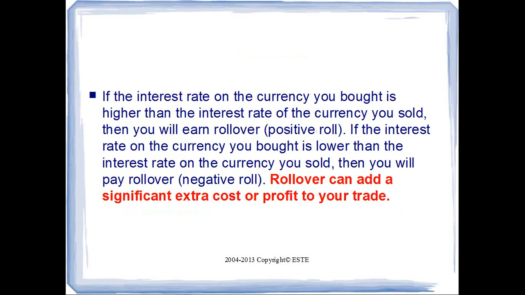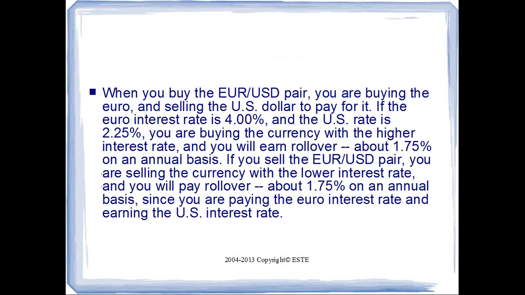Accordingly, as each currency has an interest rate associated with it, each position is debited or credited when rolled over. I'll give you an example. Say you're buying the euro against the US dollar, and at the moment I believe it is not 4%. This is just a theoretical, hypothetical example. So if the euro interest rate is 4% and the US rate is 2.25, I know that the US interest rate is actually less than 1%. You're buying the currency with a higher interest rate, and you will earn rollover of about 1.75, that's 4% minus 2.25,